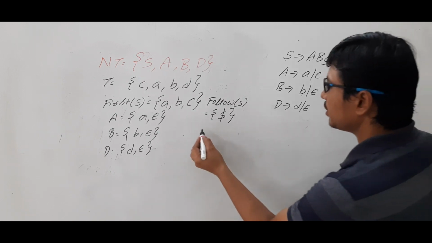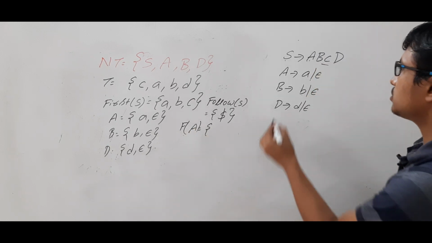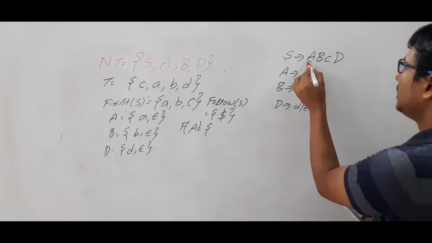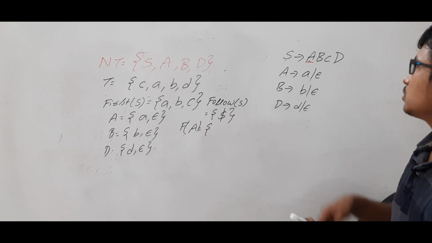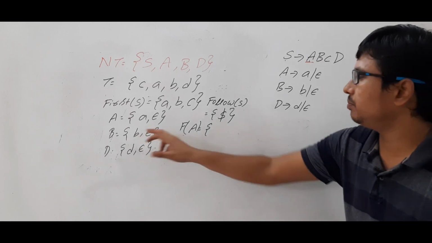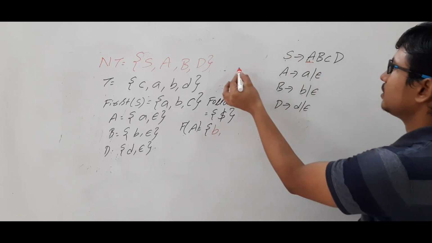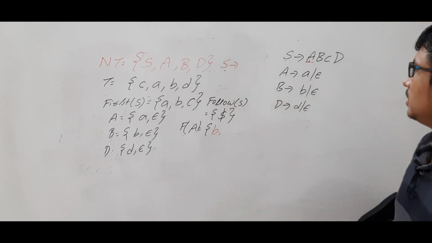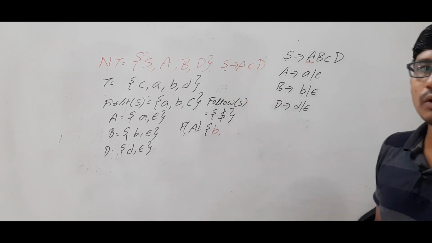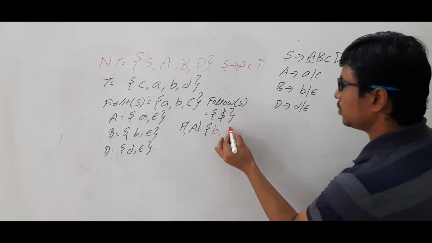Is it clear? Now if I want to compute the follow of A, let me write it as F of A, which is follow of A. So for follow of A, you need to look at where A is there in the right hand side. Here A is there in the right hand side. So whatever is coming immediately, compute the first of it. First of B is what? B comma epsilon. So you keep the B, and if epsilon comes, then you can keep the epsilon there. In place of B, what will the production look like? A, C and D. Now you compute the follow of A. Follow of A is what? First of C, which is C only.